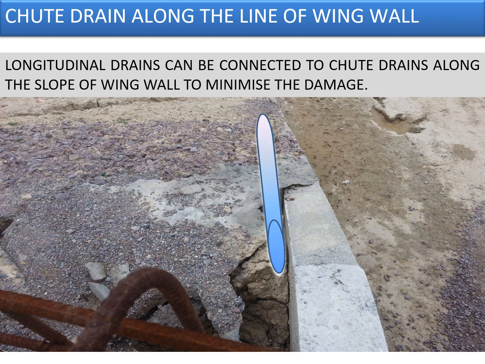So a chute drain can be provided along the line of the wing wall as shown in the figure, because generally the ends of the approaches, or the ends of the bridges, are prone to water impact when rain comes, because your main carriageway is the catchment, as it is confined from both sides with a curb. If the curbs are not terminated when approaching the bridge, those are the points of discharge of the water, and it will impact your sloping end of the bridge along the wing wall and help to erode